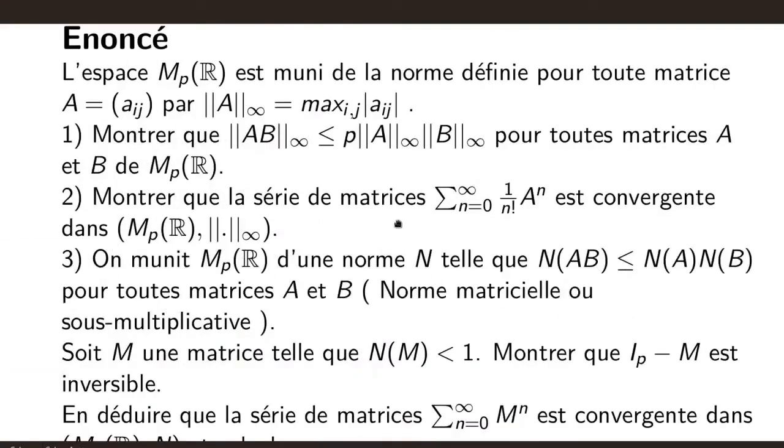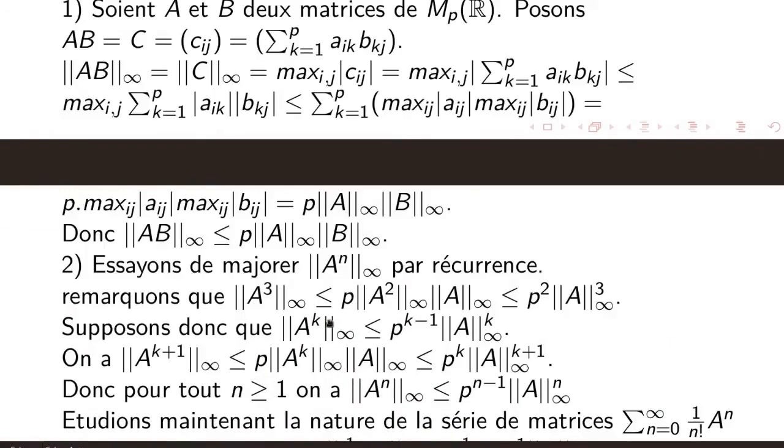Second question, show that the series of matrices, sum from n equals 0 to infinity of 1 over n factorial A to the power of n, is convergent. To do this, we will try to bound the infinity norm of A to the power of n. We will do this by induction. Let's first look at what happens when n equals 3. We have the infinity norm of A cubed. We can write that it is bounded by P times the infinity norm of A squared times the infinity norm of A. It suffices to set A cubed equal to A squared times A